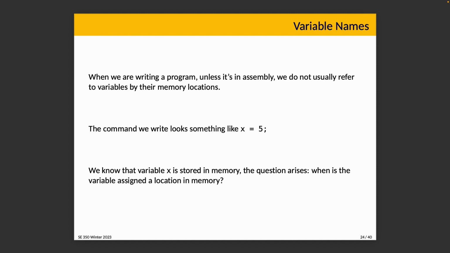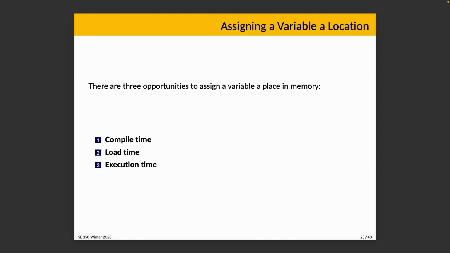There are a few different possibilities, right? Compile time, load time, and execution time are possible answers to that question. At compile time, that's the kind of thing we saw when there was a jump 28 in the assembly code. If we're certain where the process is going to be loaded into memory, then at compile time, we convert those variables to address locations, and that's what happens in an assembly program and in the ancient MS-DOS com format, like the command.com, which is not a website, but in fact just a historical artifact of Windows.